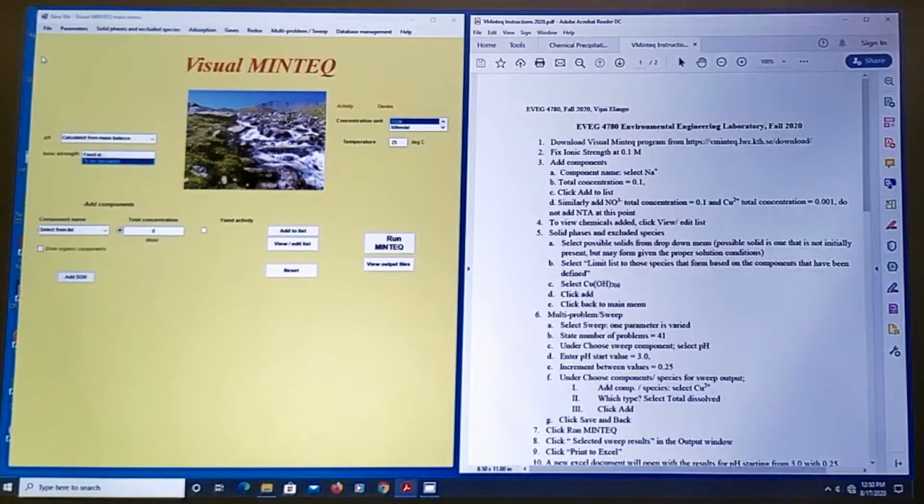Okay, so we're going to run the simulation for vMinteq. I have the instruction for running vMinteq up here, and this is the vMinteq program that is going to help us study chemical precipitation of copper in the presence of NTA, and how adding calcium changes copper precipitation, and also how EDTA influences precipitation of copper. So the first thing I want you to do is go to this web link and download